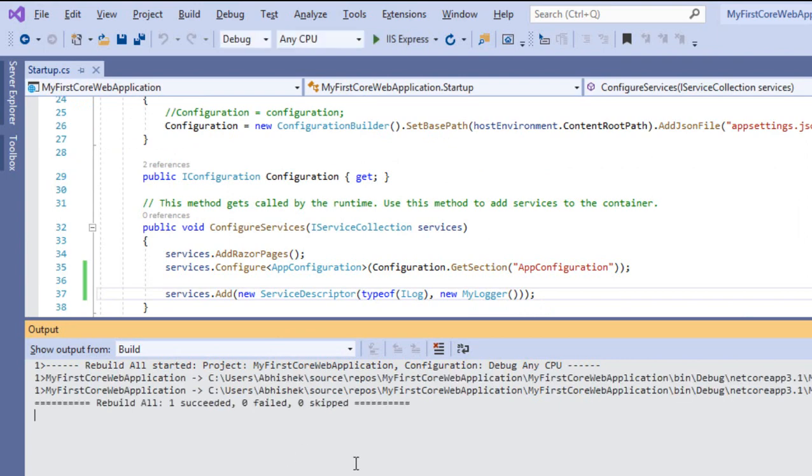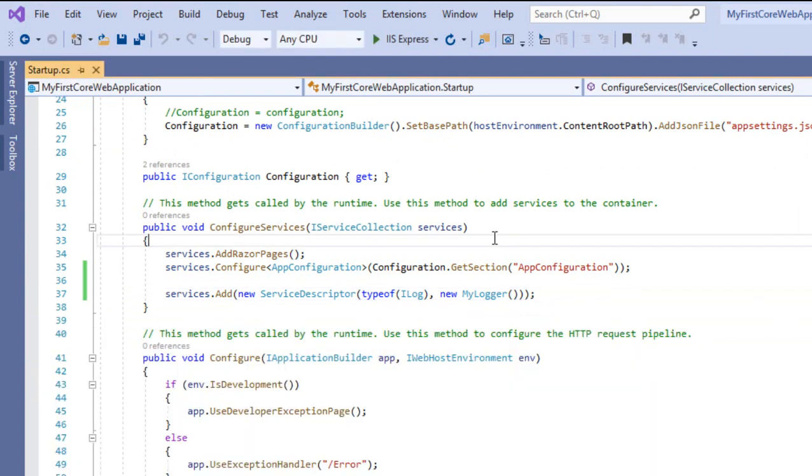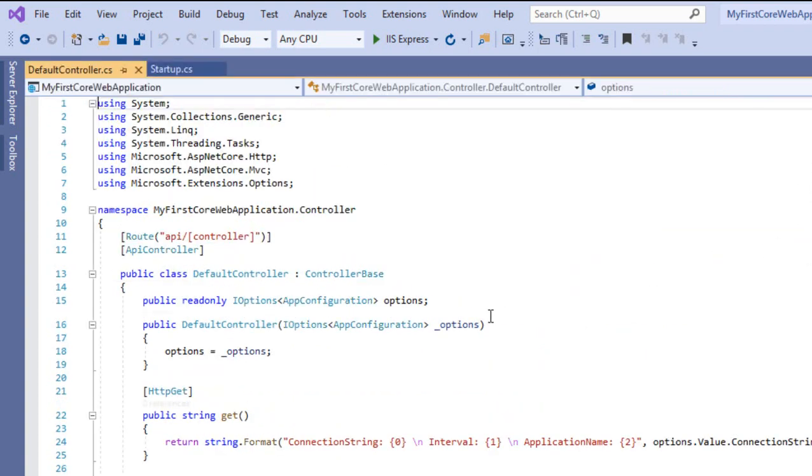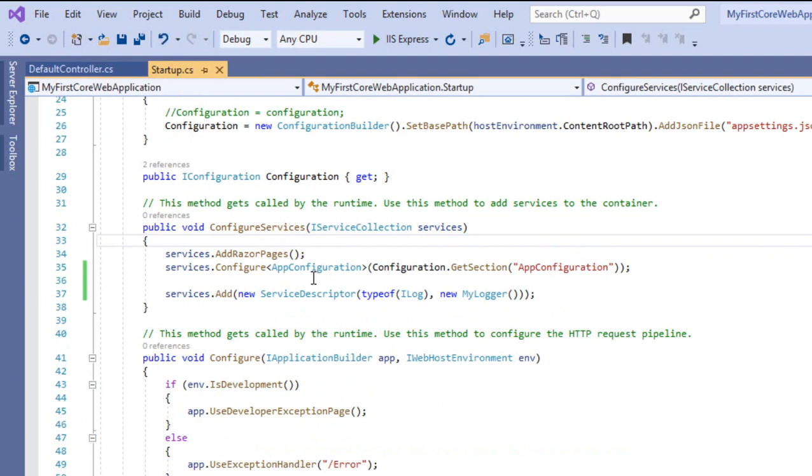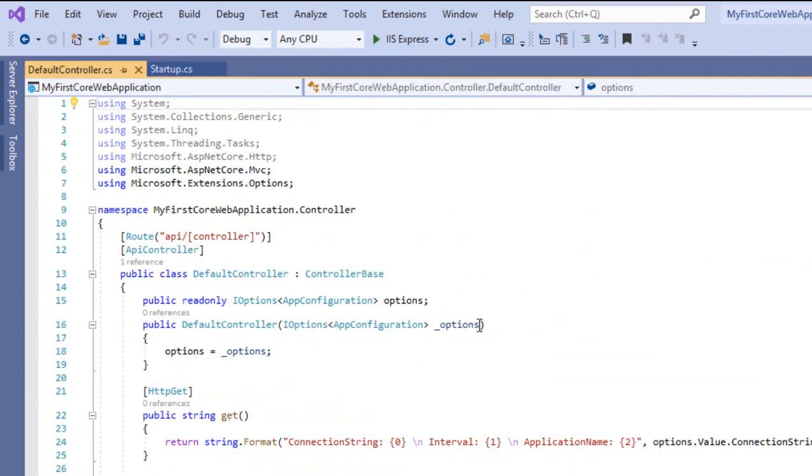It's taking a little bit, yeah, now it's completed. Okay, successfully built the project. Now if you remember, in our earlier videos we have created a default controller, in which we are using that app setting configuration service, right? So here I'll create one more